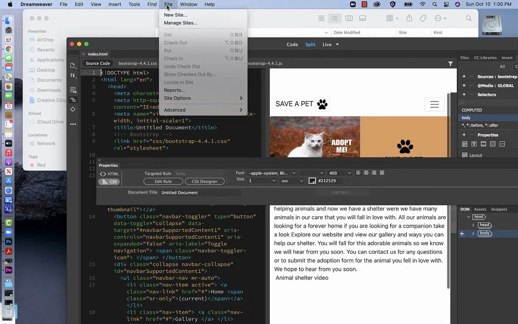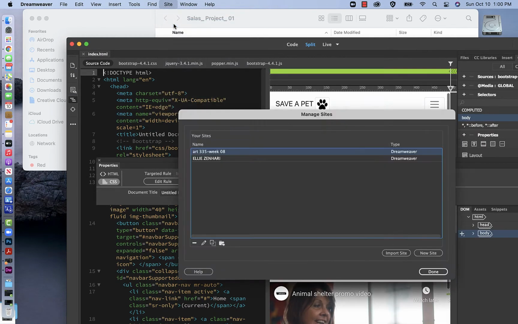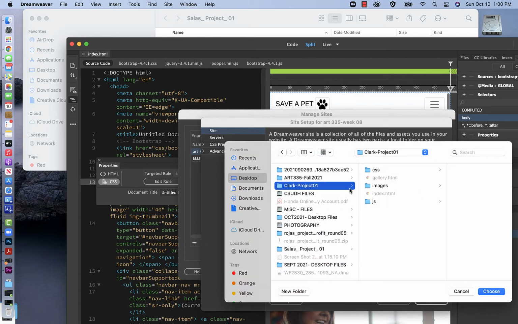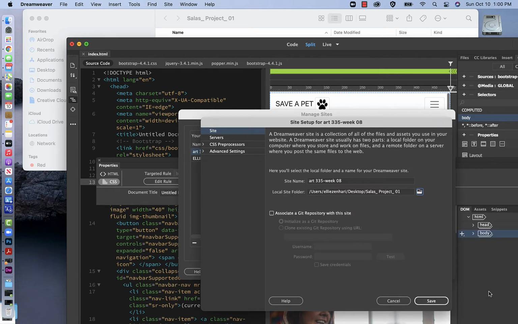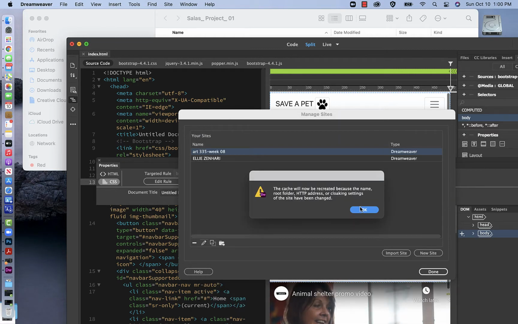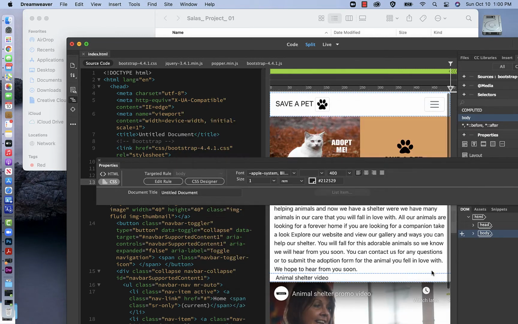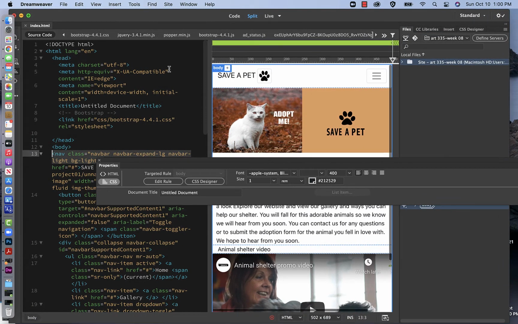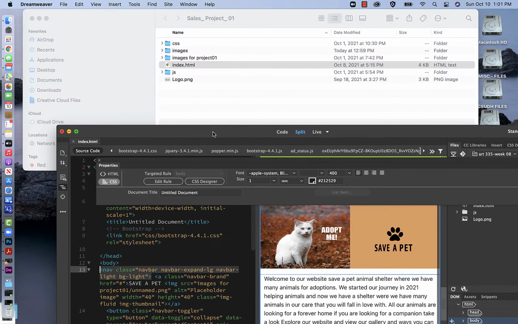The first thing I'm going to do is manage my site. Make sure that I'm pointing to this folder. So it's going to be desktop, this one. That is really important in order to access the files and make sure that my links don't